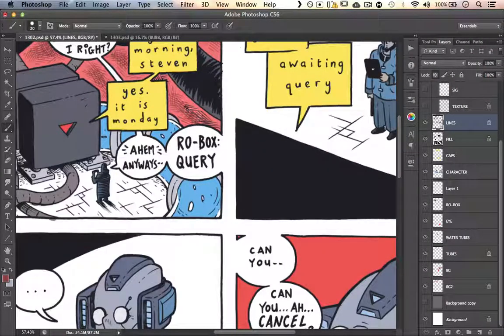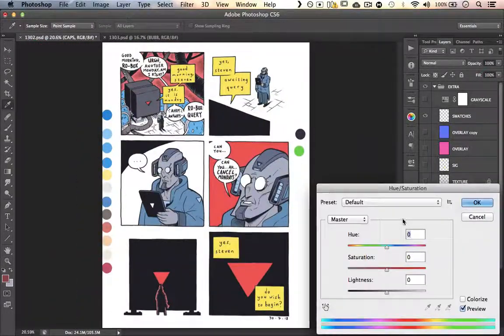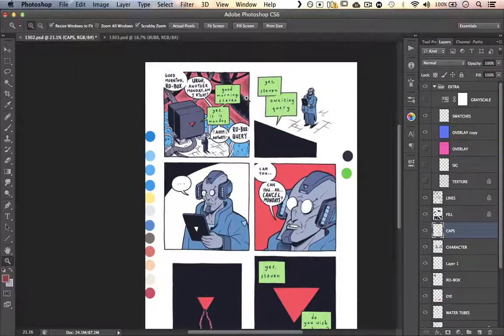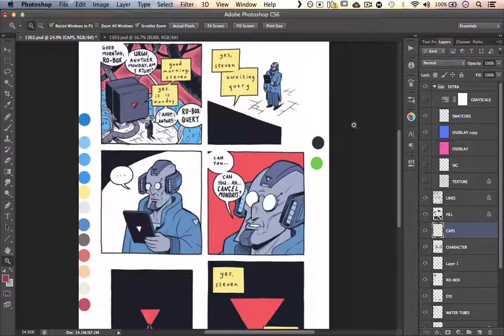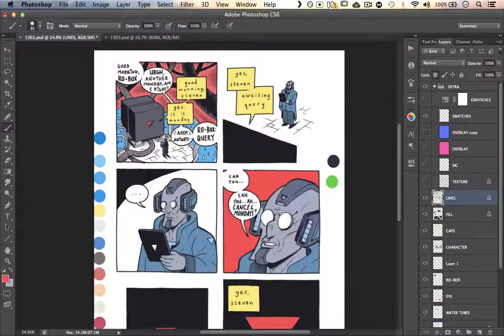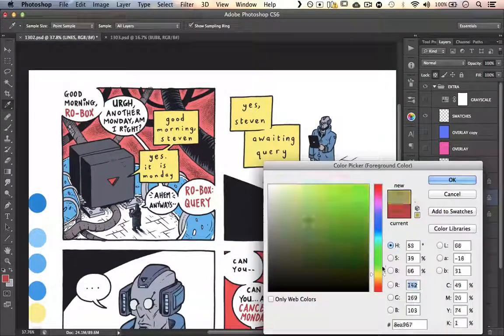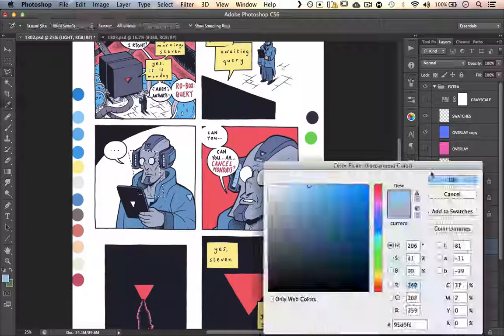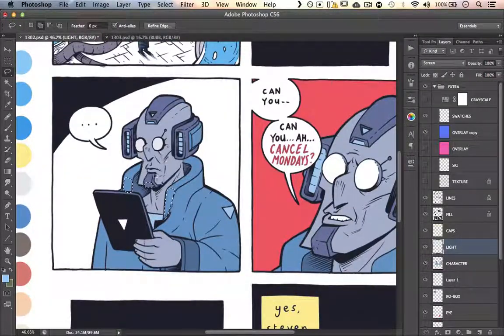The one aspect that gave me a lot of difficulty was the first panel, with regards to figuring out what to do with the background colors, because it was so packed with detail, and I was worried that if I had tons of colors everywhere, it would just look a bit of a mess. If you look at this video, I don't know what point you're at right now, but you'll either have seen or will see that the flooring